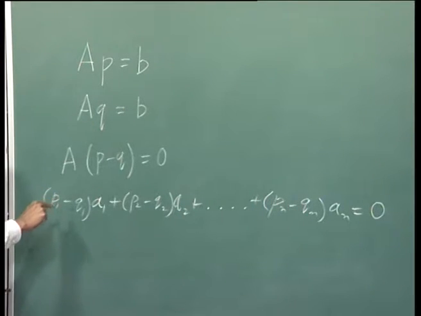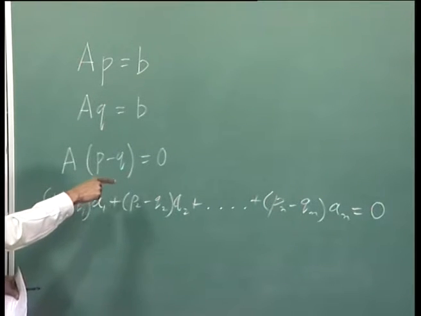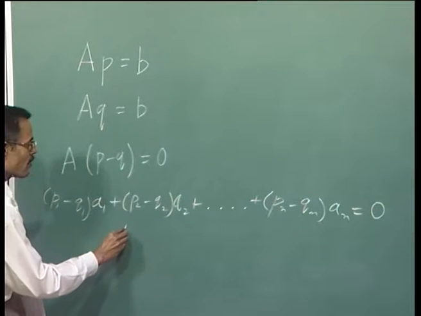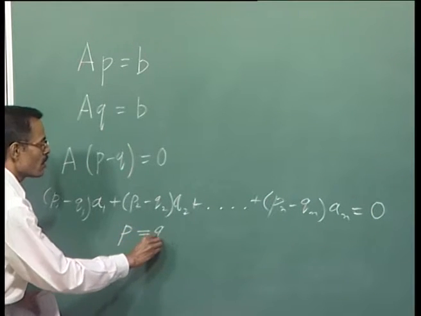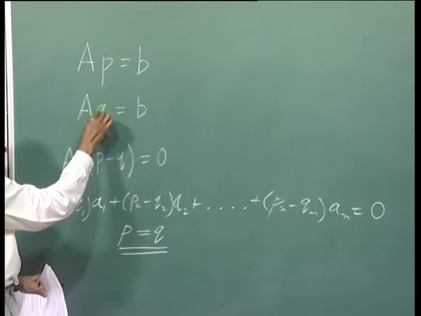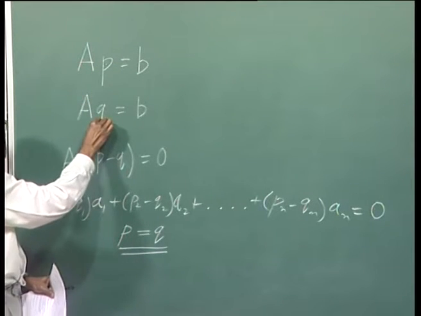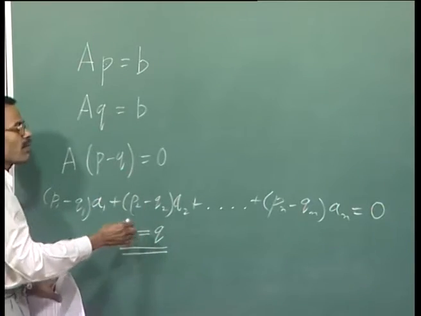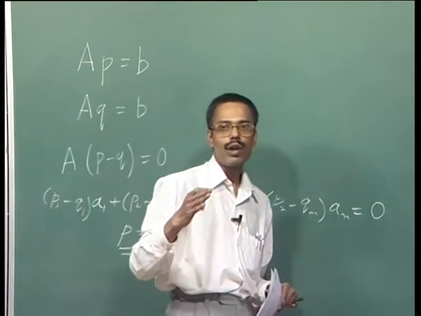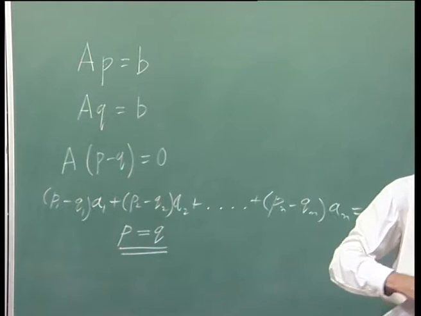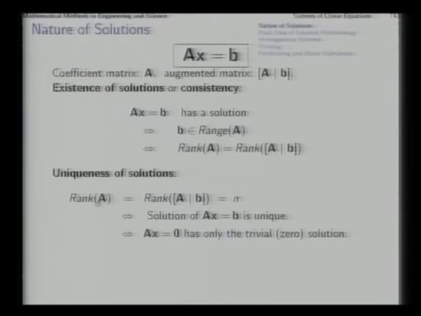That means P1 minus Q1 is 0, P2 minus Q2 equal to 0, and so on. That means P1 equal to Q1, P2 equal to Q2, and so on, which will mean that the full vector P and the full vector Q are same. That means these two solutions that we picked up, they cannot be different, they have to be same if A1, A2, A3, A4, etc. are all n linearly independent vectors. That shows that if these two have the same rank and that rank is equal to n, that will mean that this system has a unique solution. It has a unique solution for all B.